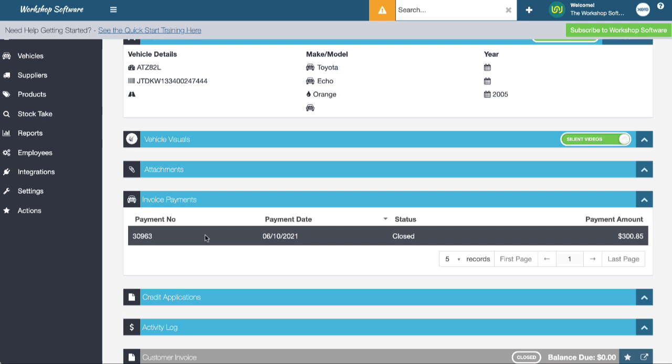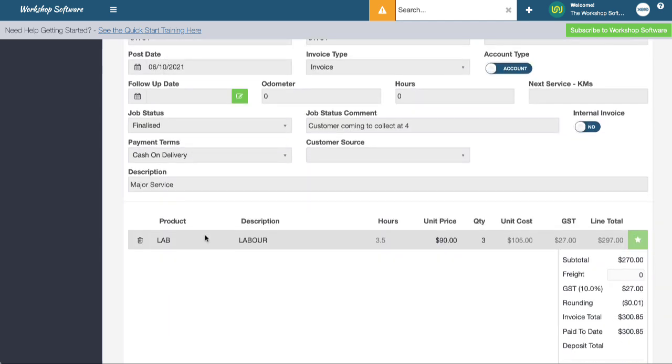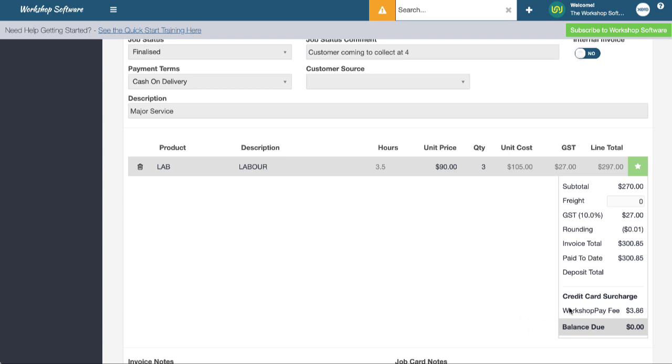So you now don't need to enter in any of that payment detail. That's already automatically come back inside Workshop Software. So you can see now this is a completed invoice, done, completely finished and all over and done. Now, the other really cool thing here is that you can optionally, if you want, that's up to you, but